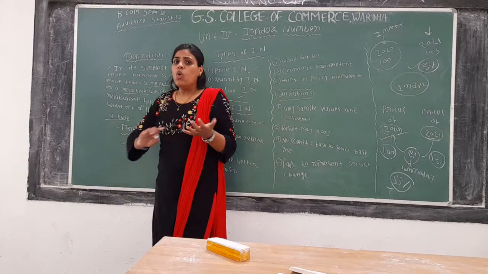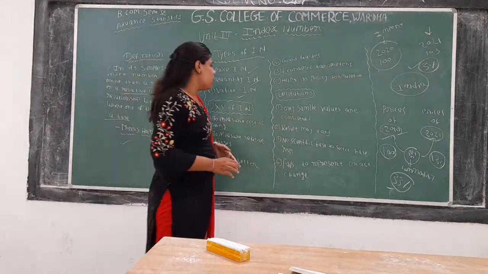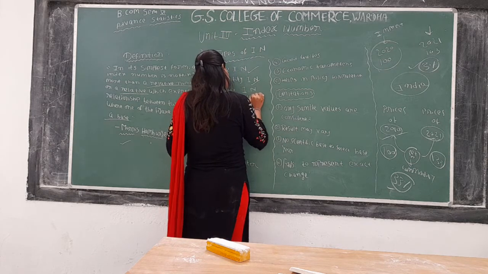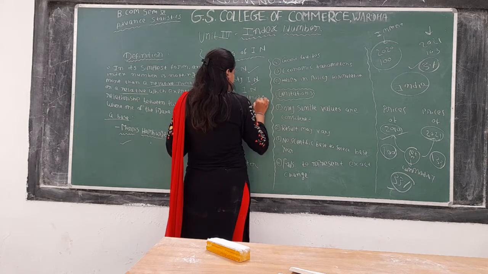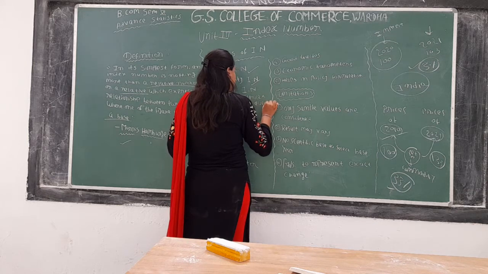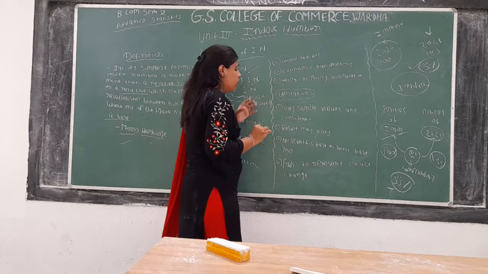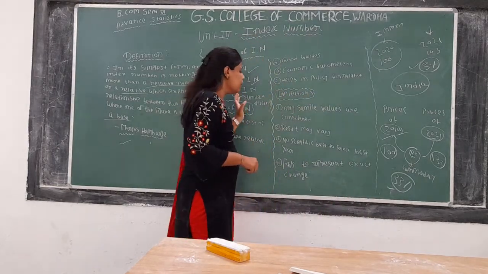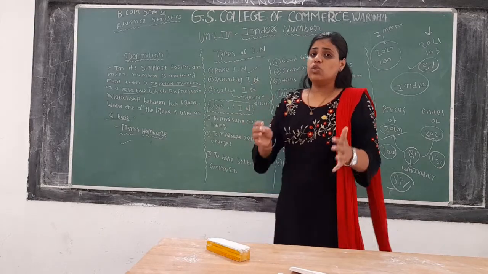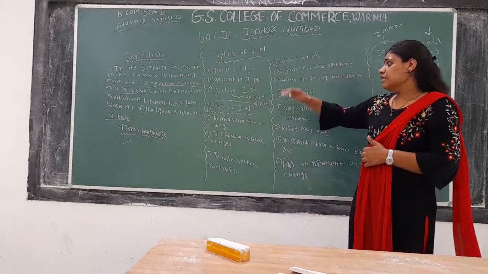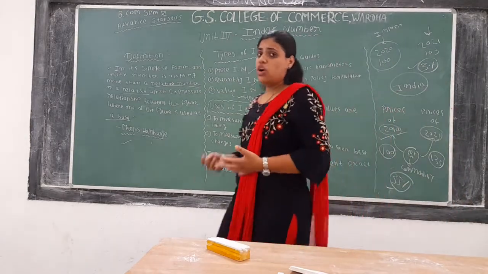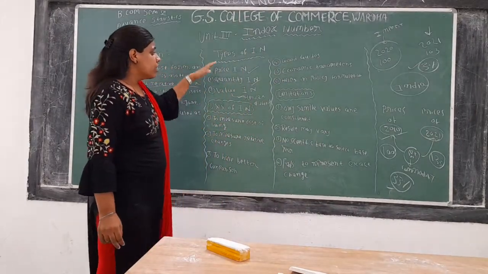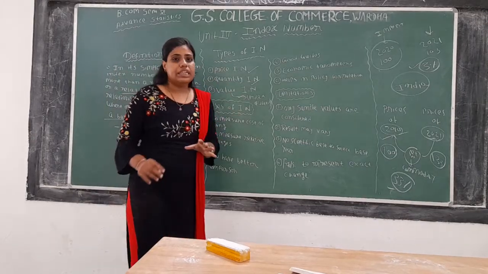After that we have value index number. When we talk about value, so what is value? Value is basically price into quantity. Okay, value is basically price into quantity. When the index number is used to measure the relative changes in the values of the commodity, in that case we say that it is a value index number. I hope you guys have got clear with the concept of these three types of index number.